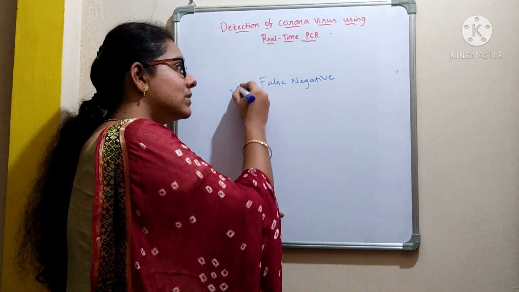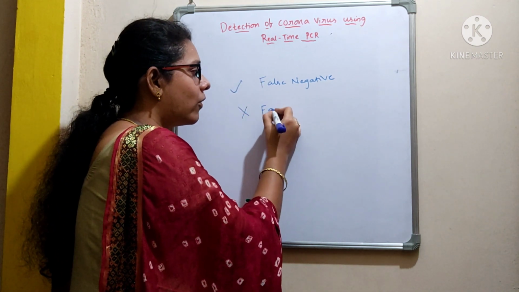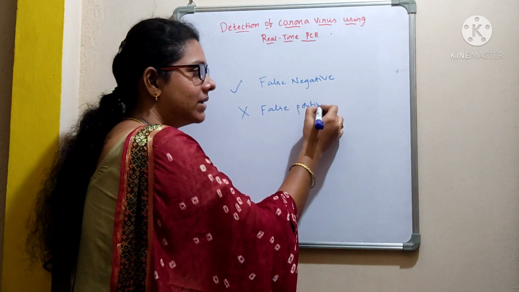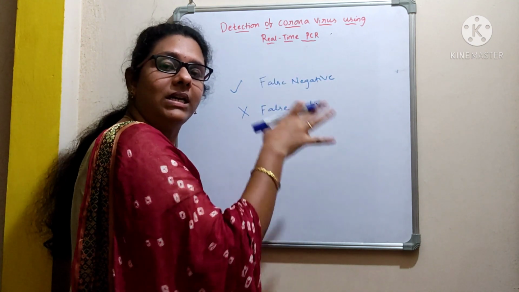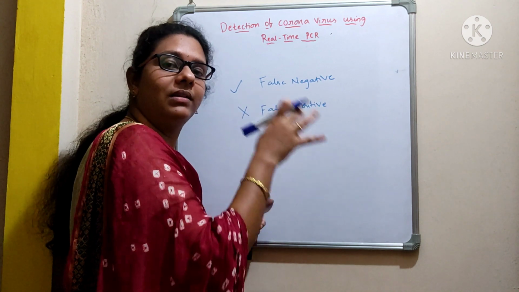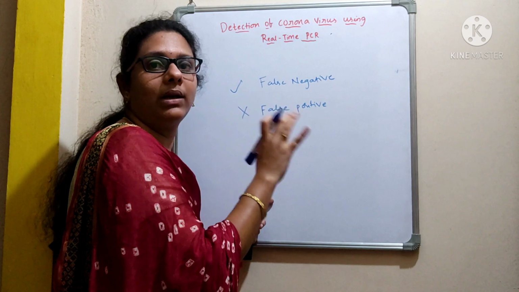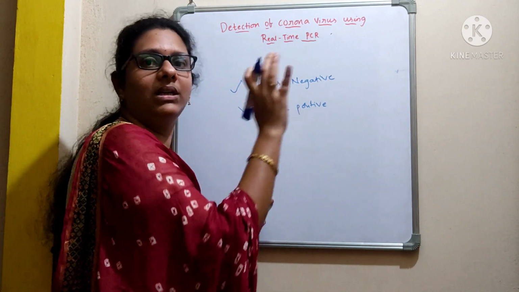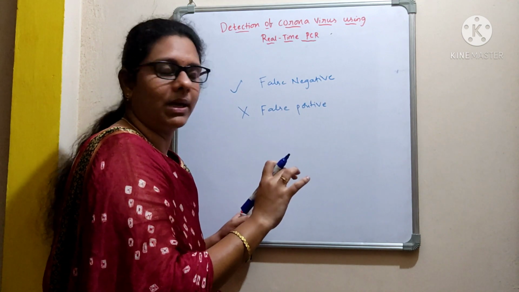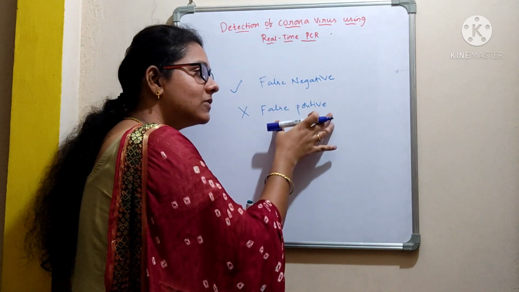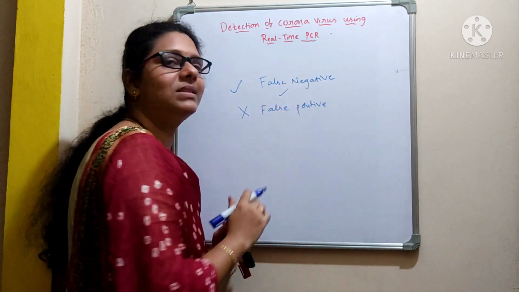There is a chance of false negatives, but there is no chance of false positives. As I told you just now, this method is very accurate. We design primers in such a way that they will only bind with the template if they are complementary to each other. Only then will the DNA synthesis take place and the amplification of the gene occur. So false positives are not possible. But there is a chance of false negatives.